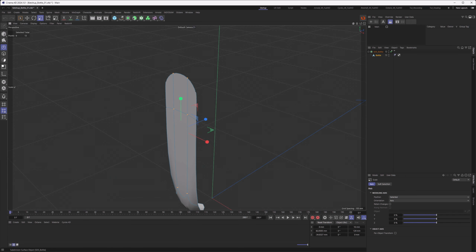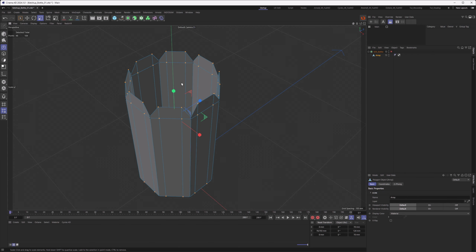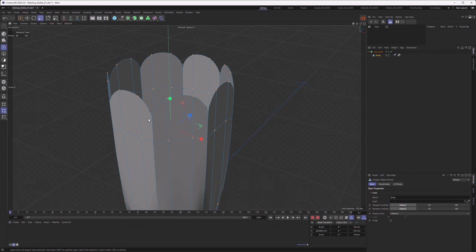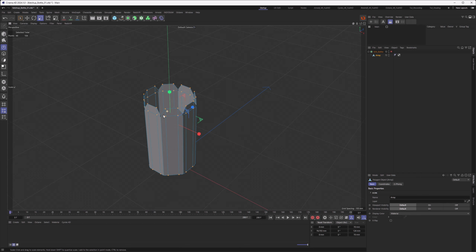So we need to convert that into one single poly, so right click here and go to Convert Object and Delete, and now we have everything in one object. If we turn on our SDS again, we can see those points are not connected yet. So what we need to do is either select all of the points or none of them, right click and then optimize. And if you have a very clean model, let's do this again, you can see now they are